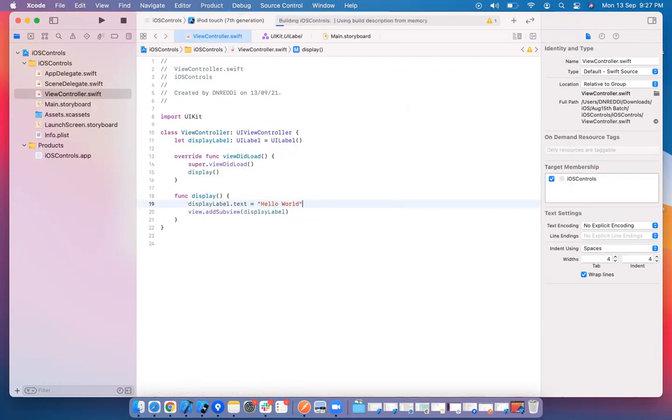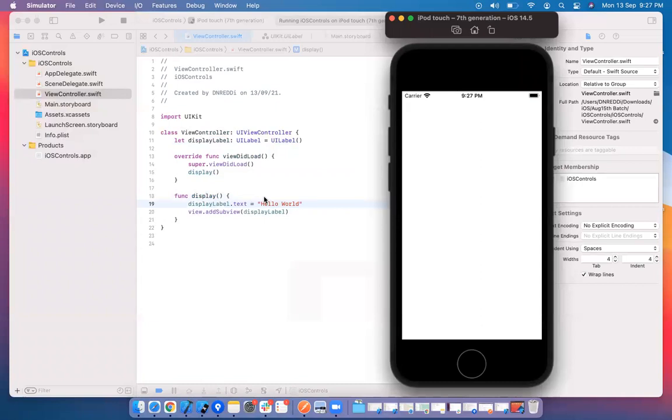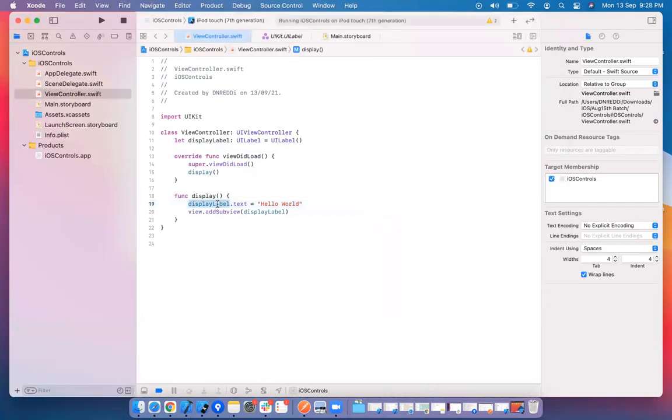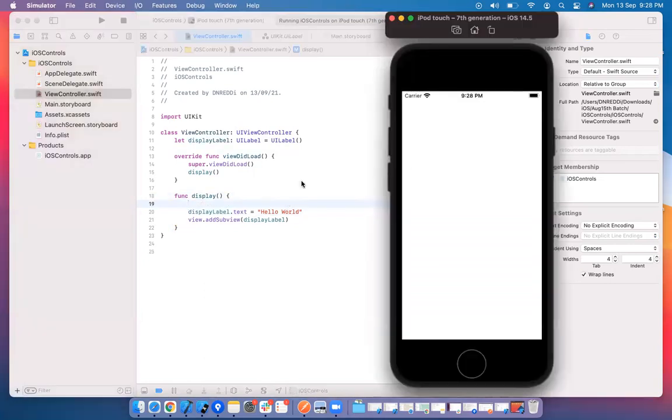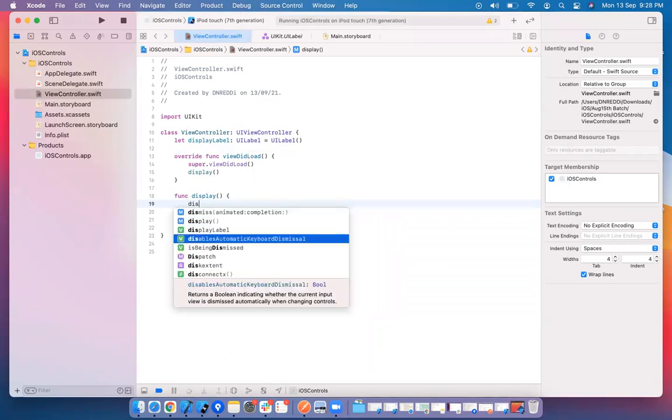Hello world. Is it displayed? Still not displayed. Yes, still not displayed because of the view. This is the view. We have not set the frame. What is the size, the width and height? We have not set them. So to set that, display label dot